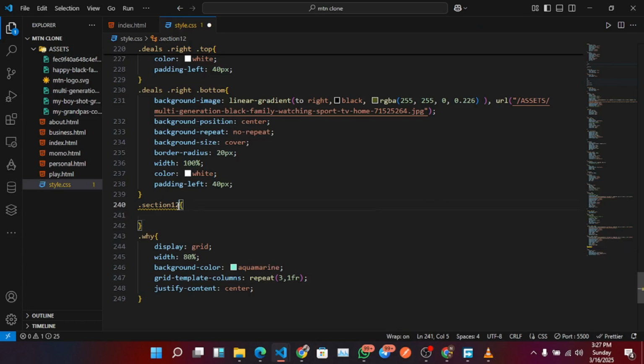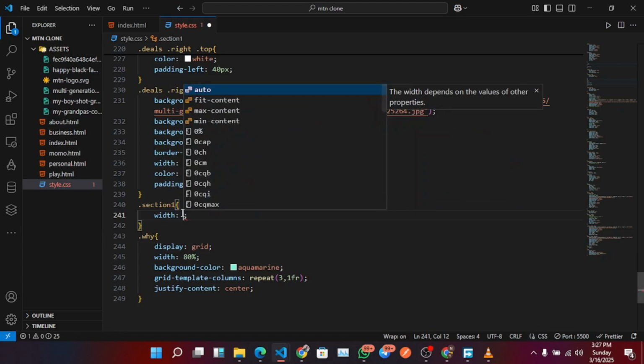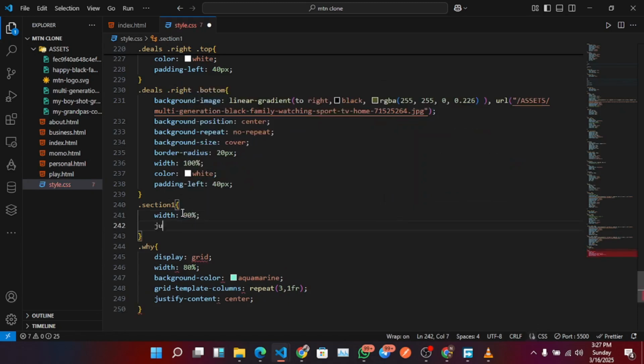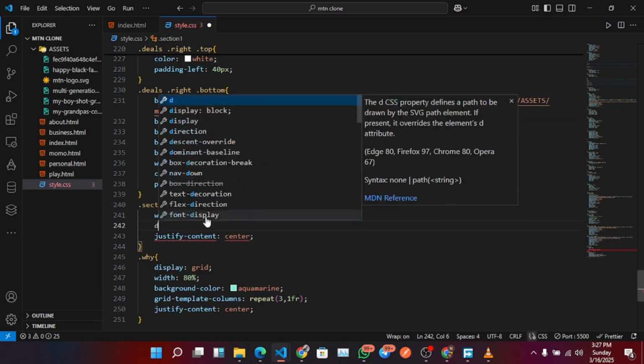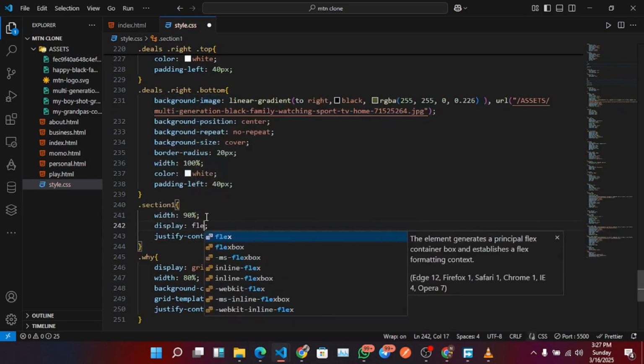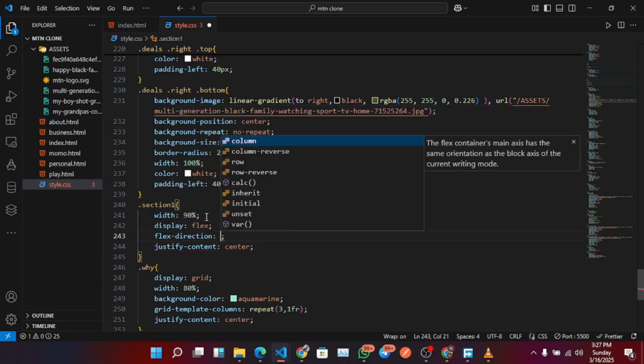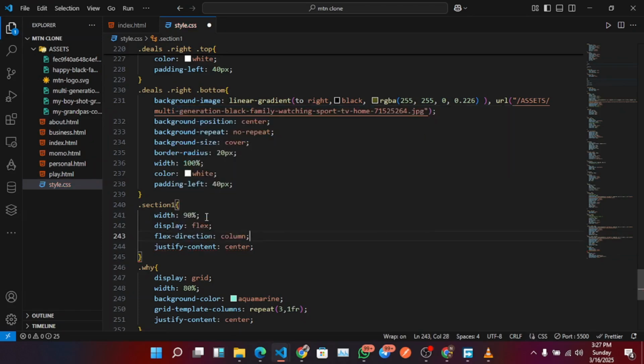Okay, this is 1, and then I can give it a width of 90%. Can justify content to the center. I will say display flex, give it flex direction of column,